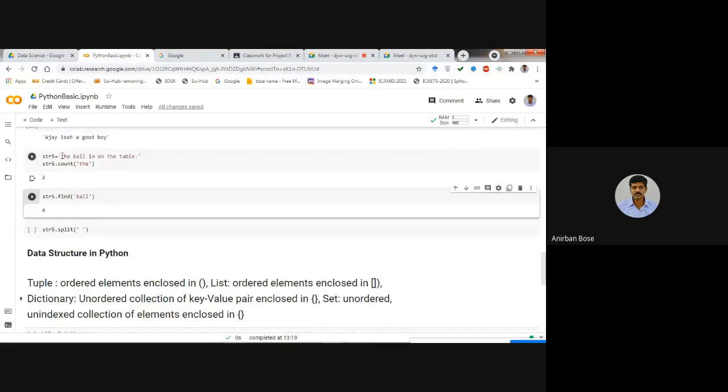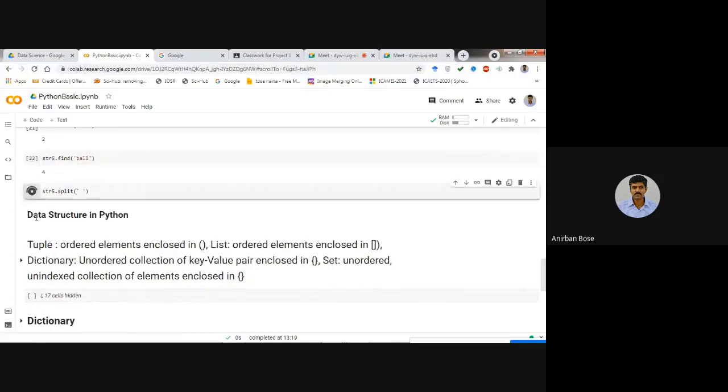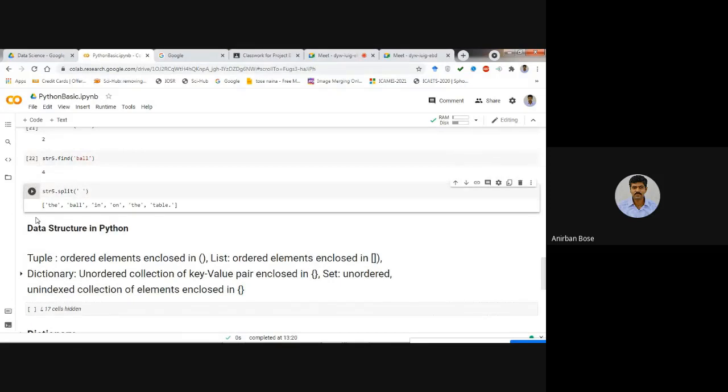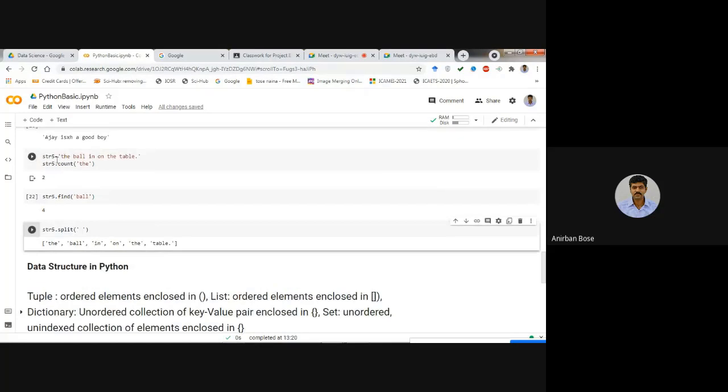So based on this space, it will separate out the different strings. If you execute this, you see that whenever it gets a space, it will separate out a particular element. So it will give you a list basically, where you get the different elements, which are nothing but the different split strings based on this gap, that means the space.